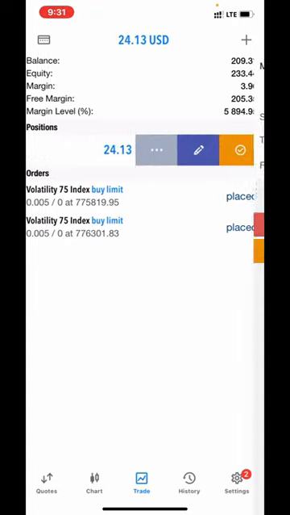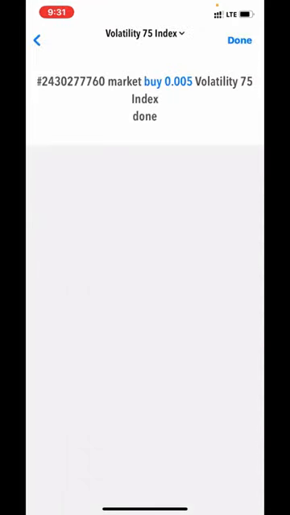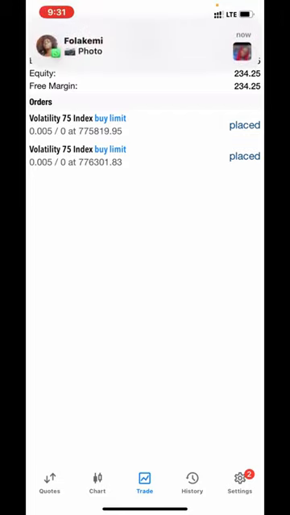Wow, let me close this, so I don't have any running trade right now. So that's what I have been seeing so far in volatility index. I'm still learning, I'm still watching, and as you can see, this is a real account. I'm still using my own money to do a whole lot of practice, and so far so good. It's going perfectly well, from $45 to $234. Is that not sweet? Within how many days? I started this account yesterday.